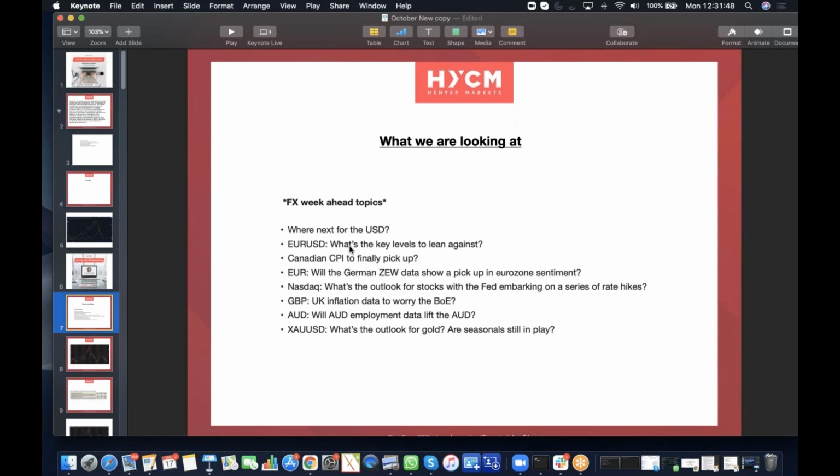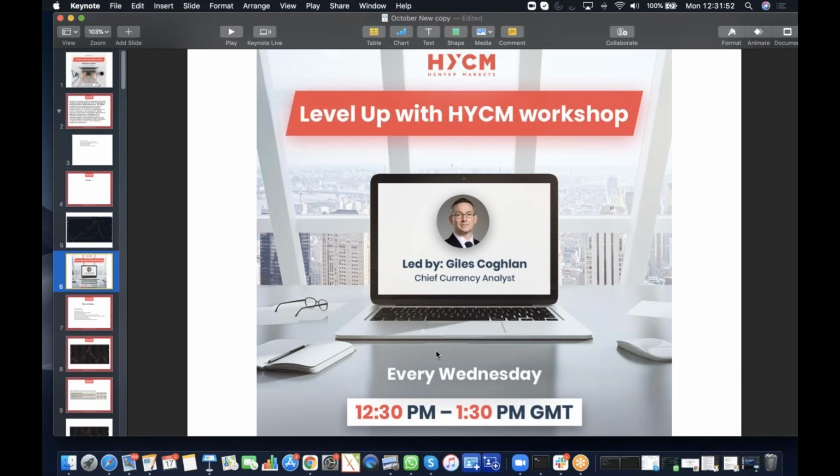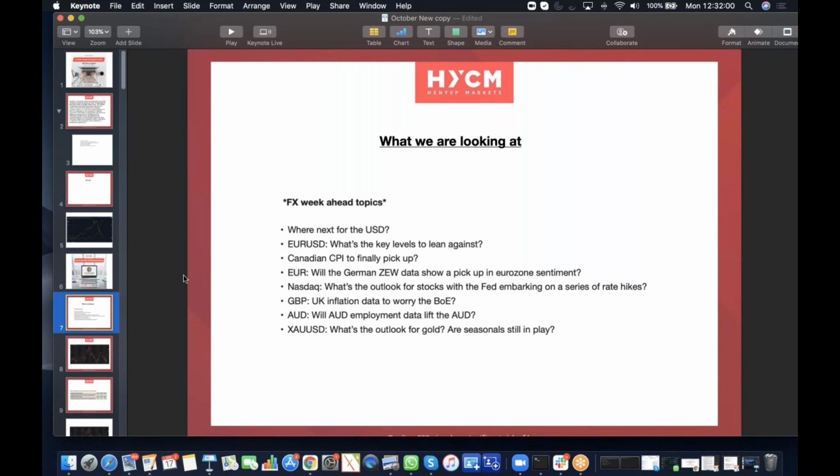So these are the key things we'll be looking at. And on Wednesday, don't forget we've got the workshop. On the workshop, I'll be getting us ready for probably the top trading opportunity of the week, which is the Australian employment data. So we'll be looking at some key levels, particularly the Aussie CAD pair, which really does look interesting, as well as the Australian dollar generally, potentially for the employment data coming out midweek. So without further ado, let's get stuck in.